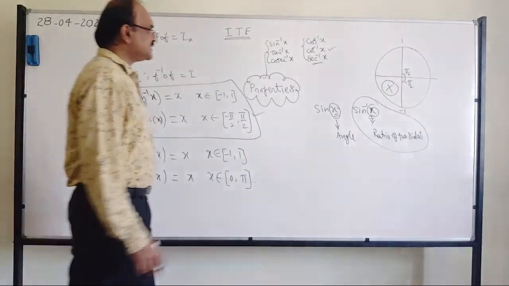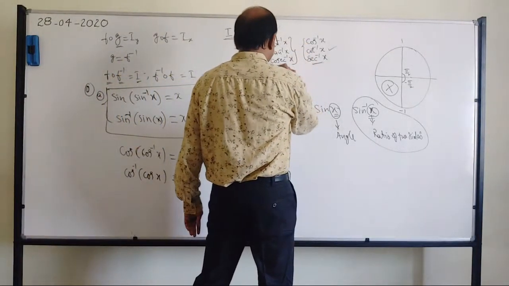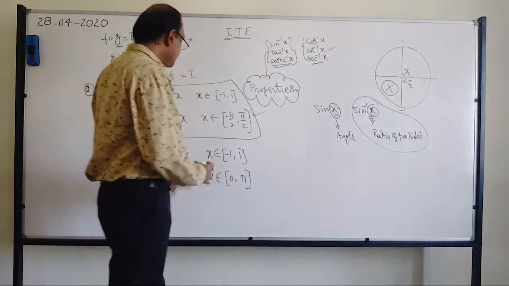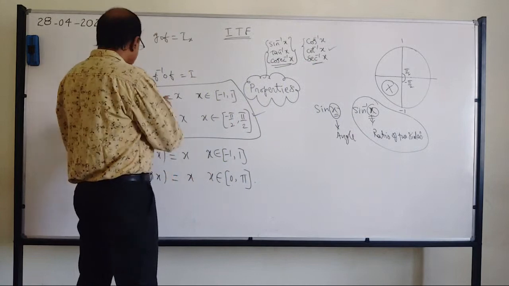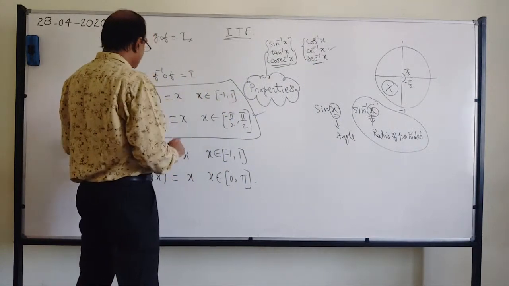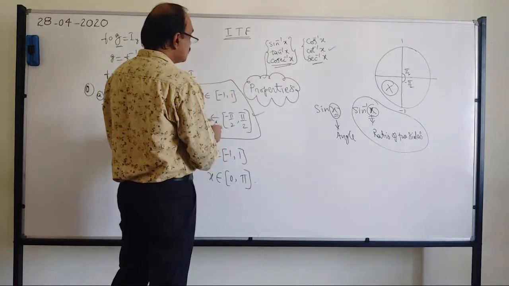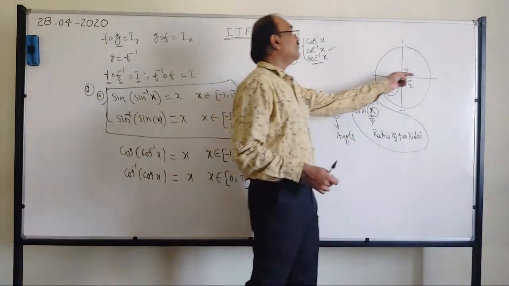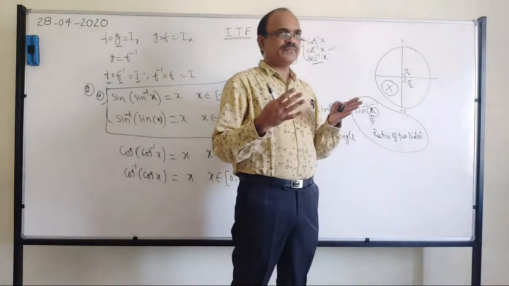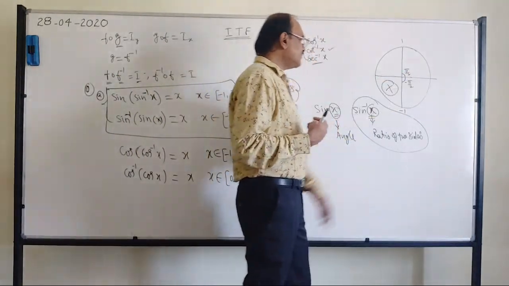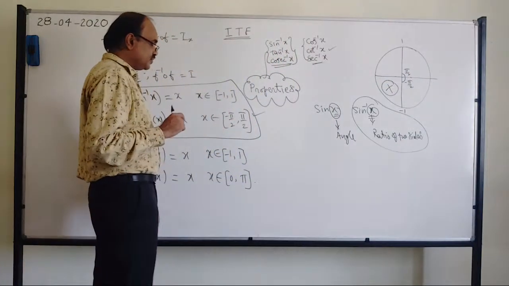What I was telling is, for sine, tan and cos inverse, the range is minus pi by 2 to plus pi by 2. Only the brackets will change here. For sine, it is a full closed bracket. When it is tan, it is an open bracket. When it is cosecant, it is closed, but you have to remove this value, because cosecant 0 is 1 by 0, which is infinity, and you cannot define it. So that's why you write it as minus pi by 2.